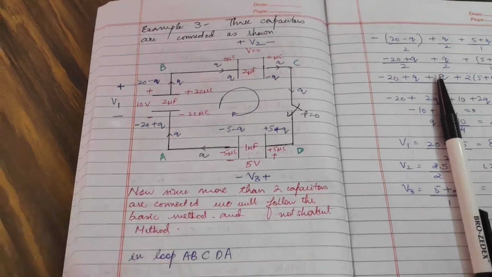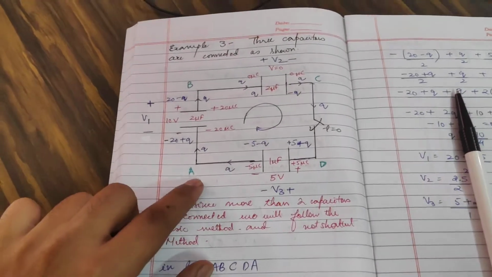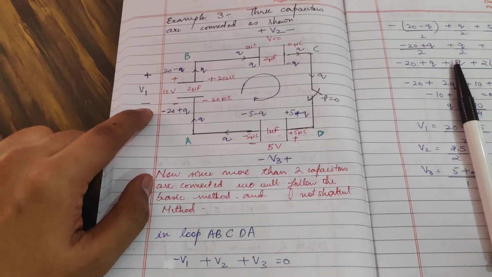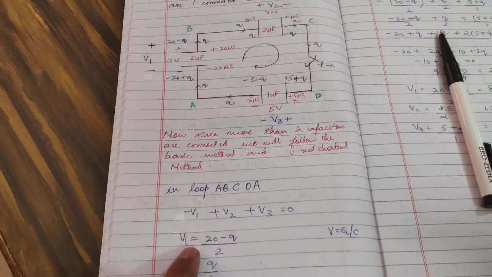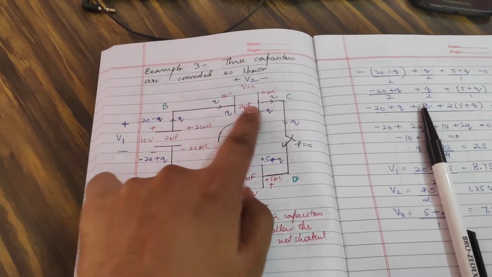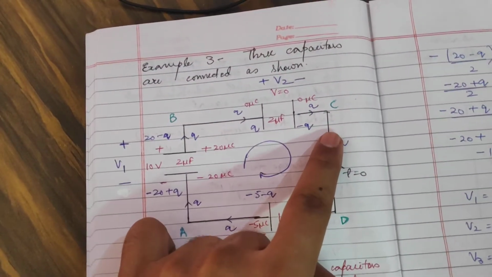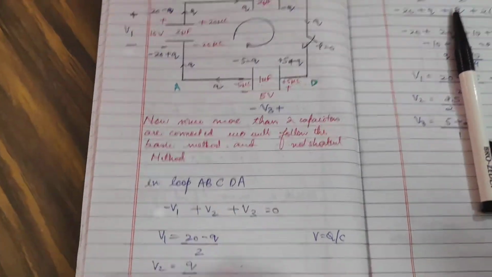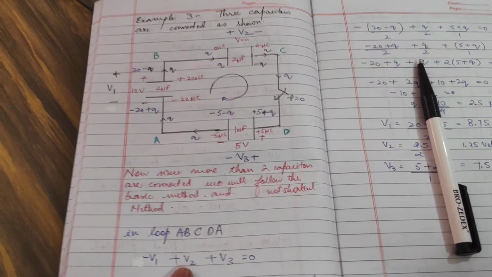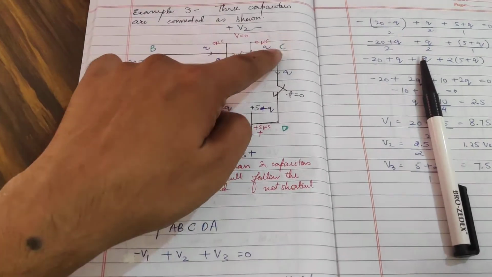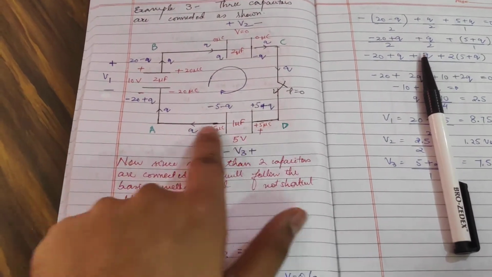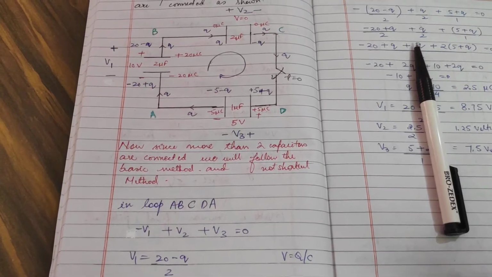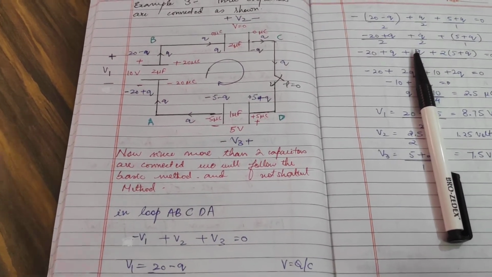Okay, so I have taken the loop as A, B, C, D, A. So I am moving from A to B. And when I move from A to B, the sign which I see here is negative, and the potential difference I have written as V1. So negative V1. Now when I move from B to C, the sign which I see first is positive and the potential is V2. So plus V2. Okay. And now when I go from C to D, no potential difference. D to A, I see a positive first, so positive and then the potential difference V3.